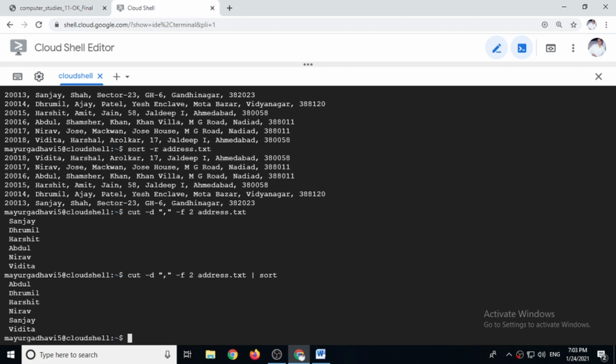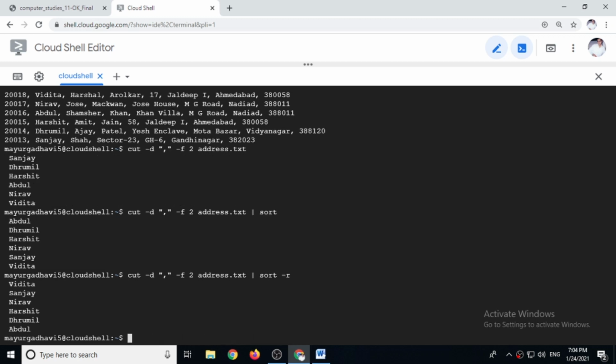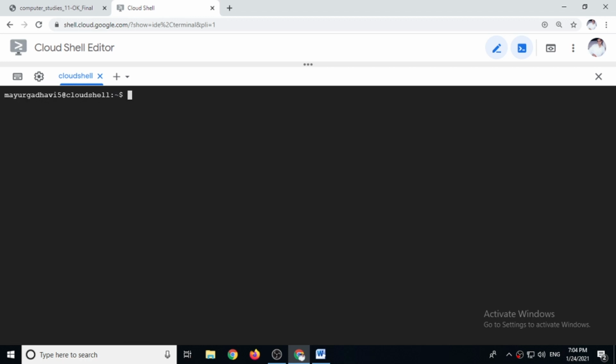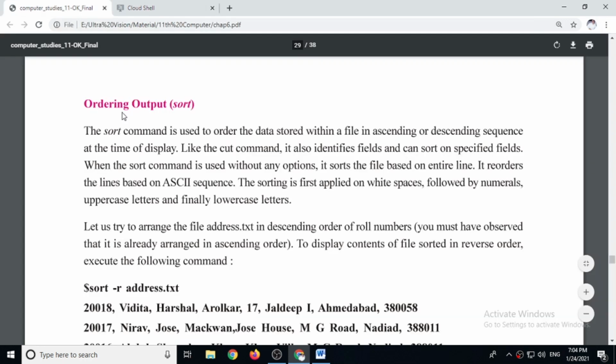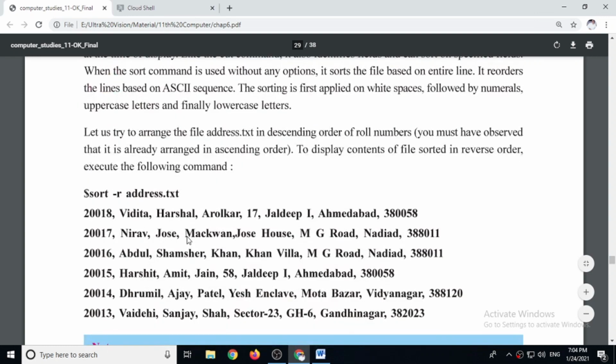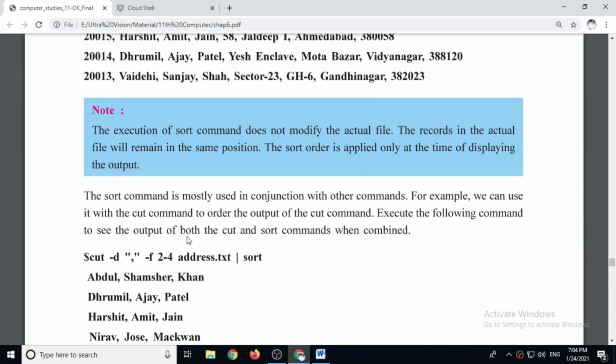So Abdul, Harshit, Drumil, all these are arranged in alphabetical order. You can also use the -r option with this. When you give this command, it will arrange in reverse order, Z to A. So that is the sort filter.